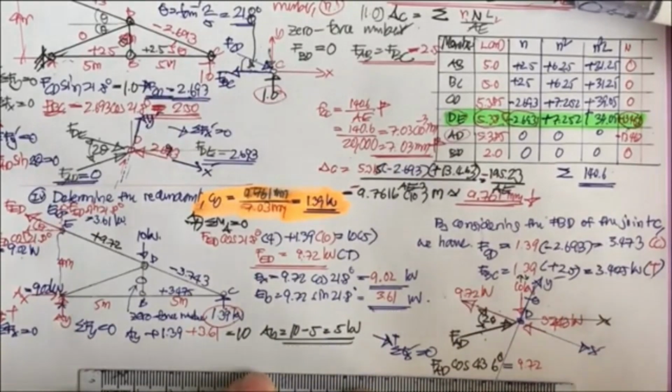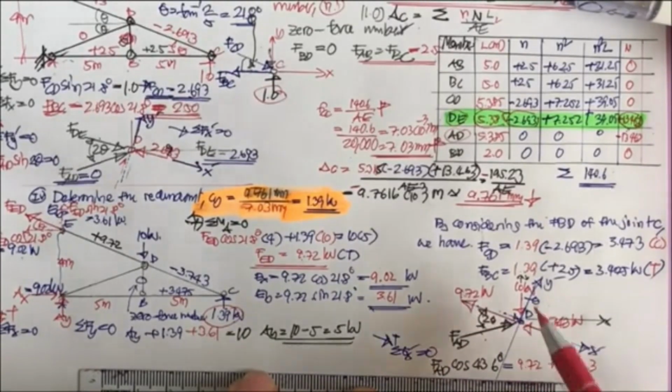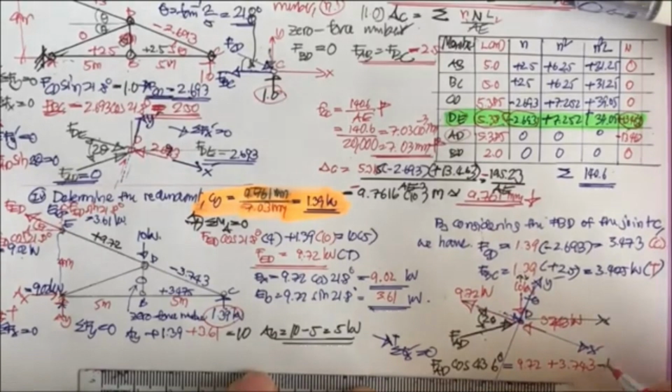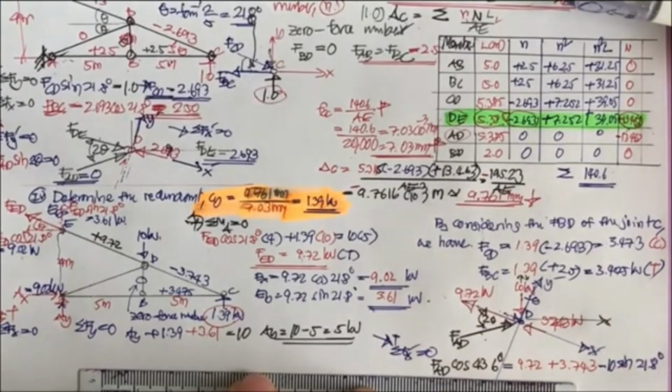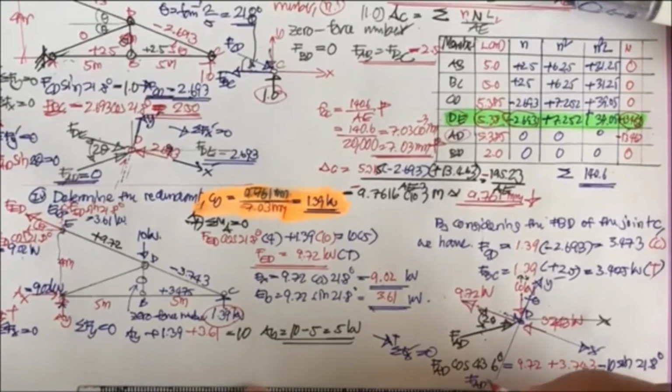Right? It's going to be this one. This one is up, and plus 3.743, and this one is going to be this one cosine, this one sine, minus 10 sine 21.8 degree. Okay, so now your F sub AD is going to equal to